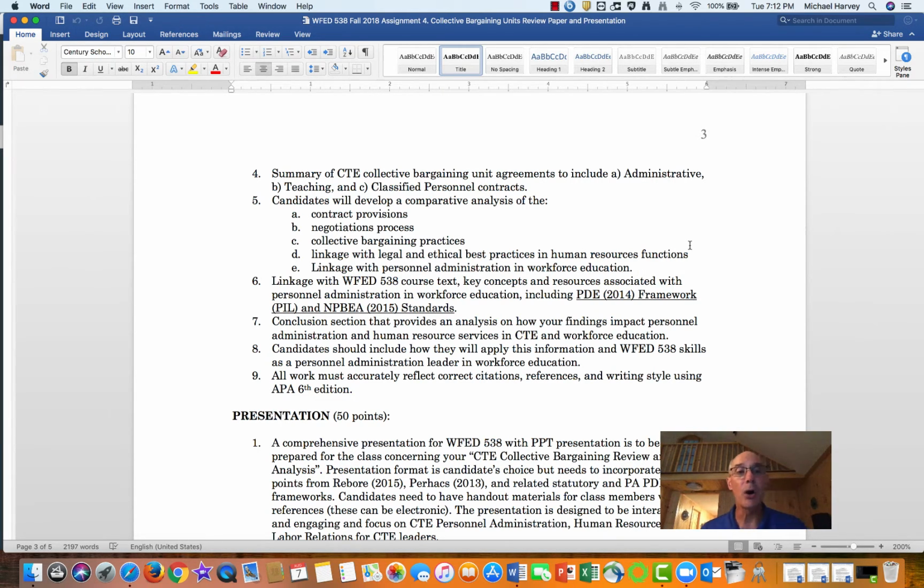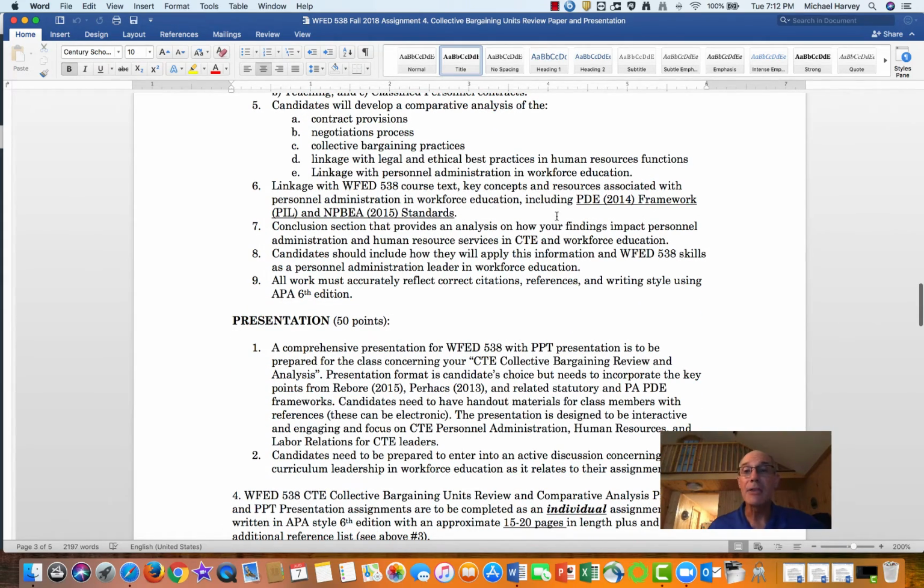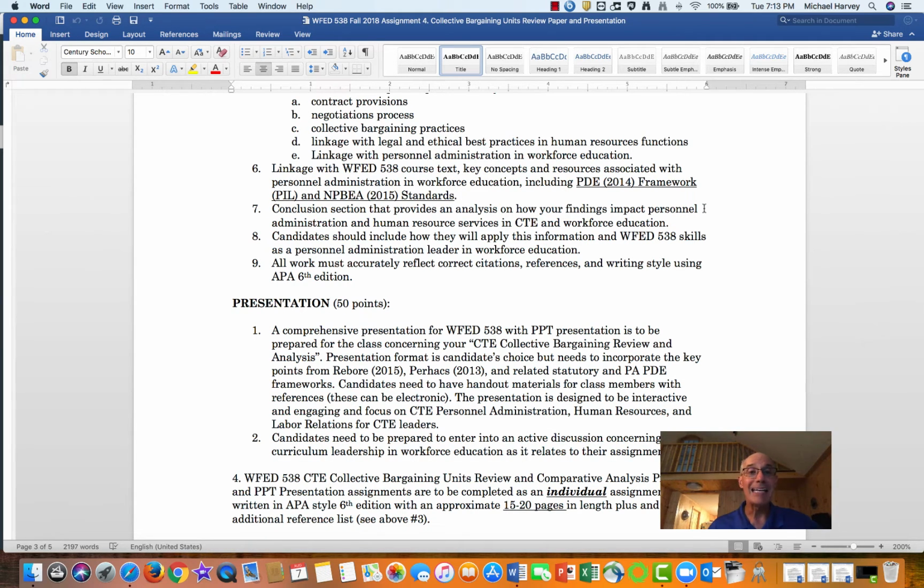This would be to take a look also at each one of these areas: contract provisions, negotiation processes, collective bargaining practices, linkages with legal and professional best practices, and administrative personnel linkages. Understanding that we are going to tie those to the professional standards, both for PDE and for NPBEA. Have a conclusion section on how your findings will impact your view of personnel, administration, and HR resource